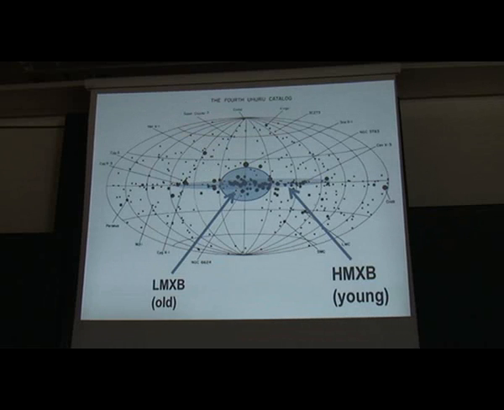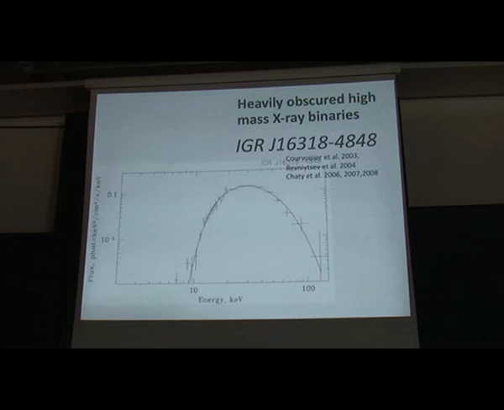Statistics of galactic sources started virtually from the Uhuru satellite. And already the first sky surveys demonstrated several important findings. First of all, you see a lot of X-ray sources along the galactic plane, and the majority of high-mass X-ray binaries were distributed close to the galactic plane, and a lot of low-mass X-ray binaries were discovered in the galactic bulge and throughout the whole galaxy.